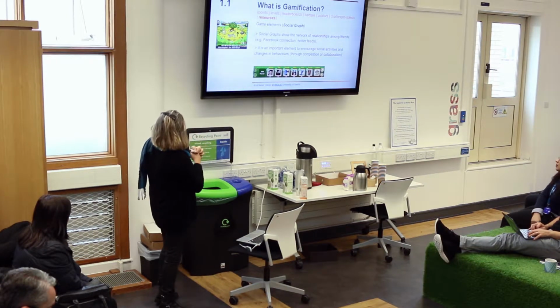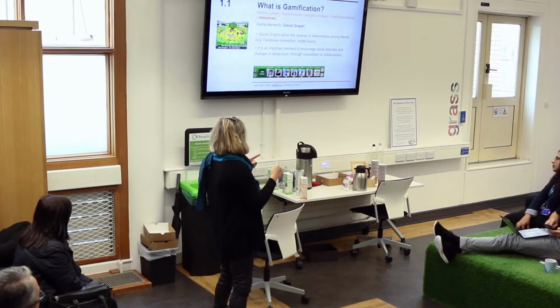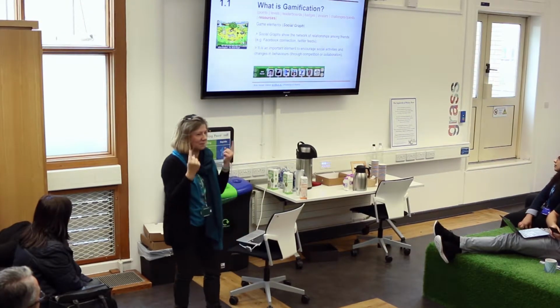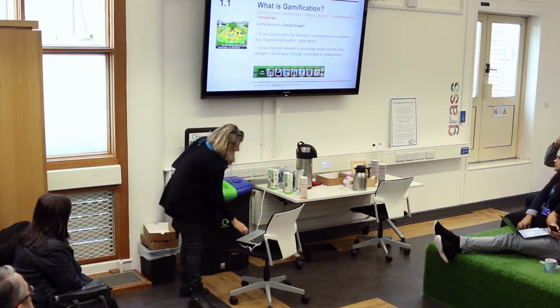Finally, the last element that we are going to see is the social graph, which is related with a network of relationships among your friends. For example, the Facebook connection will be very good because you are connected in all perspectives, and today it's very important. So,